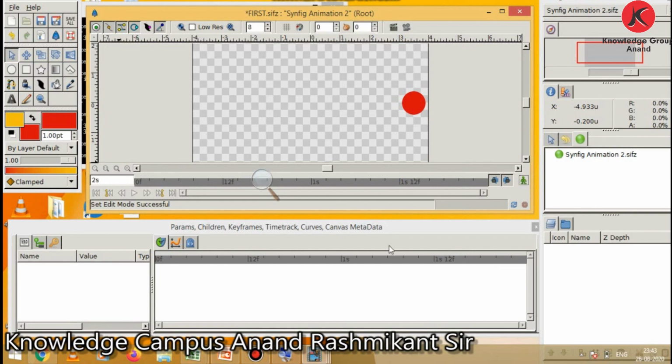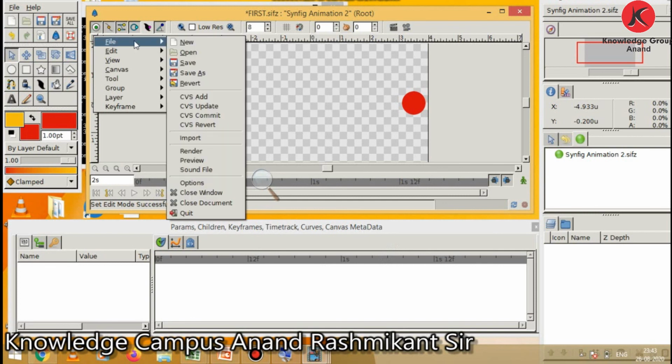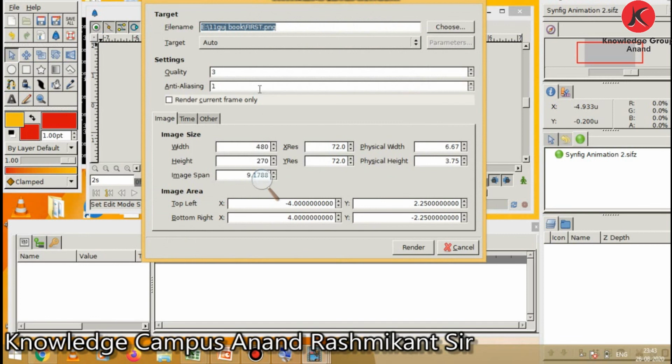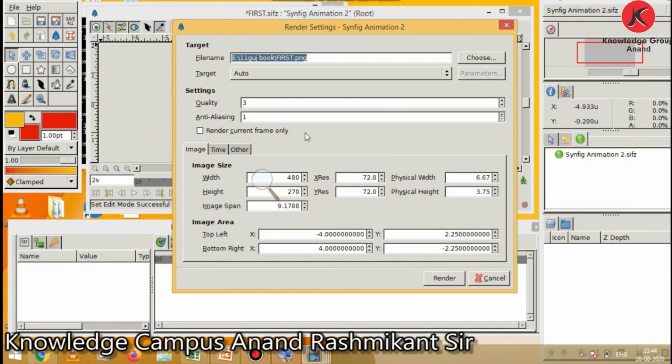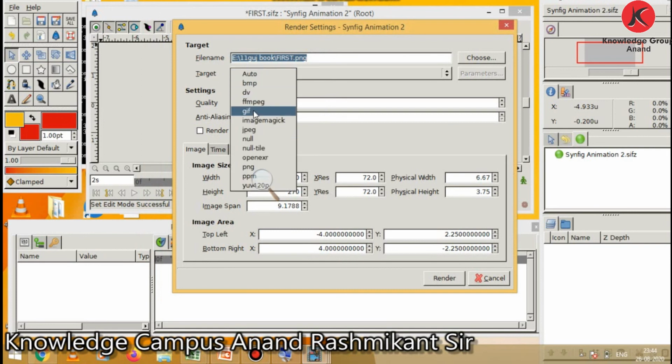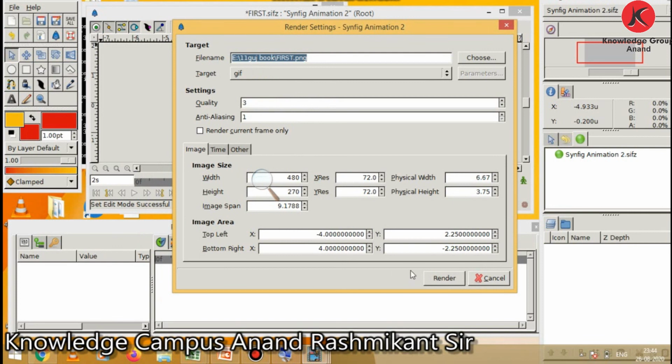After saving, click to render. So select the caret button, choose File and select Render. When you select Render, it will show a render settings dialog box. Our target file is GIF, and now click on Render.